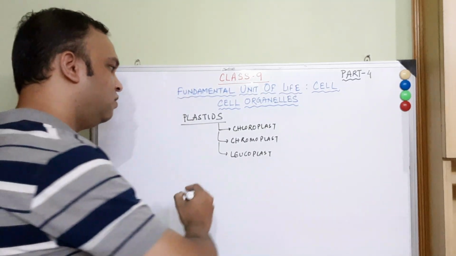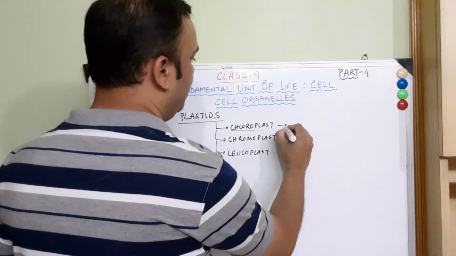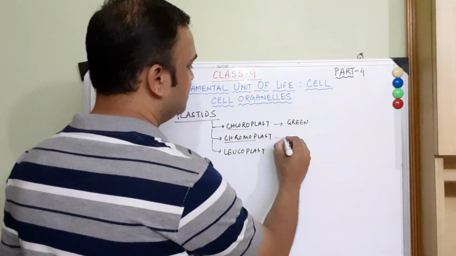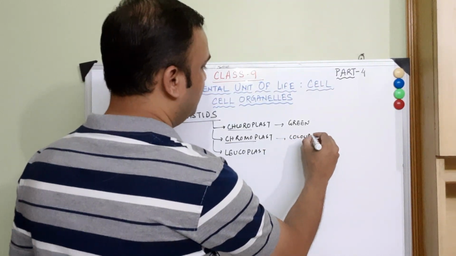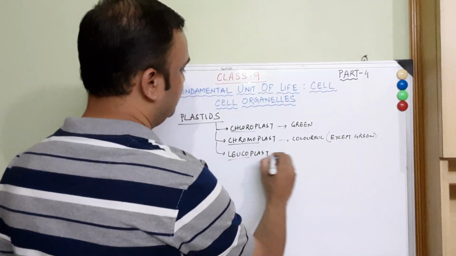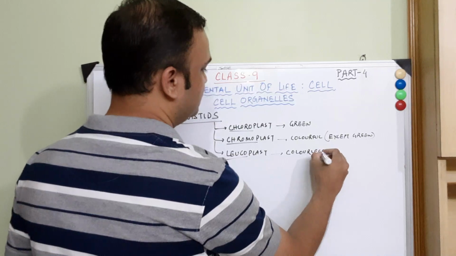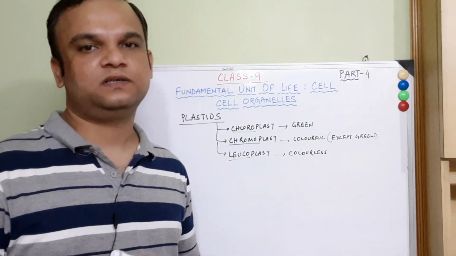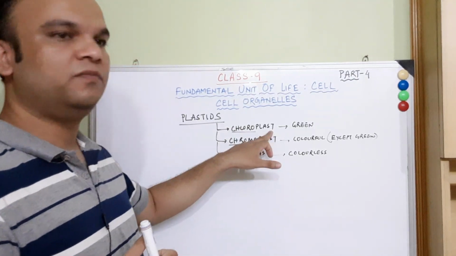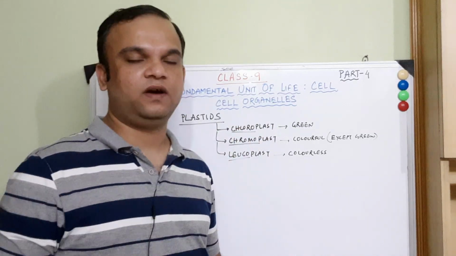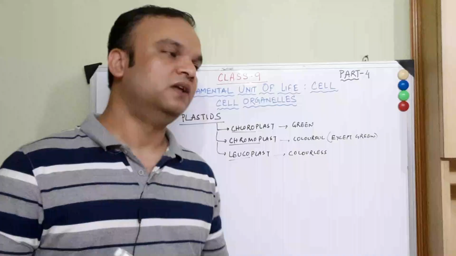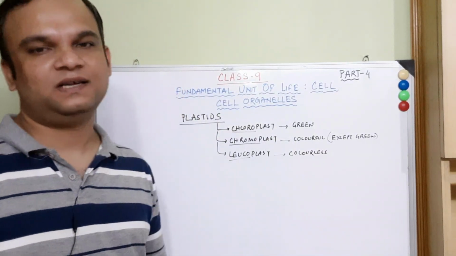So when we talk about the chloroplast, chloro means green, so these plastids are green colored. Chroma means colors, so they are colorful, but these colorful pigments are except the green color. Leuco means white, we can say them as colorless. Among them, the most important and widely studied plastid is chloroplast, right? So in this video lecture we are going to study the structure, the functions and the importance of the chloroplast. So first we will see how chloroplast looks like.